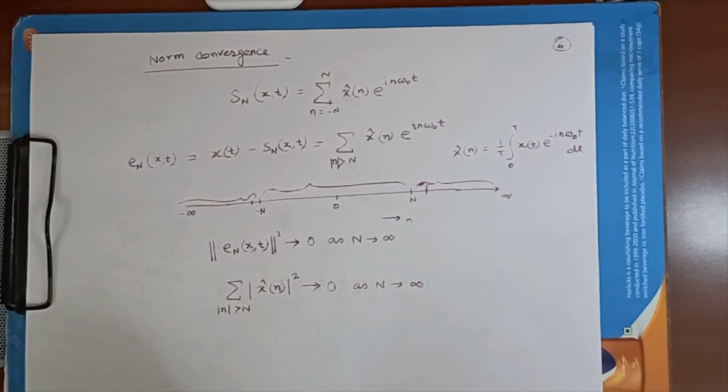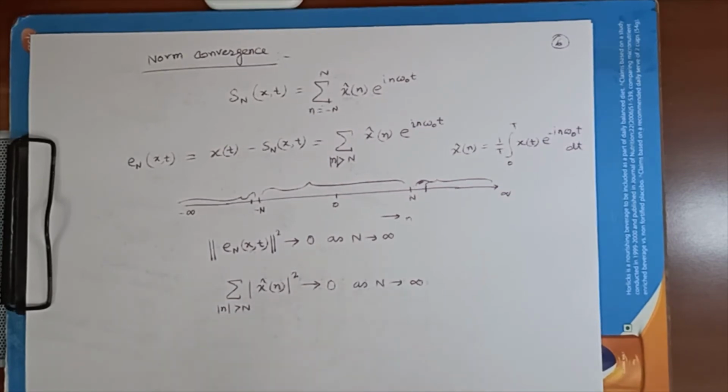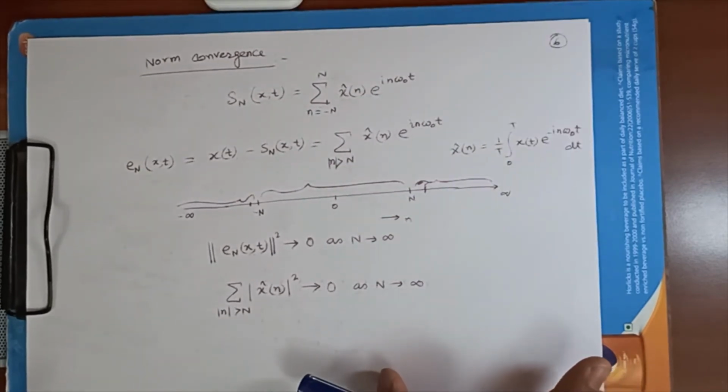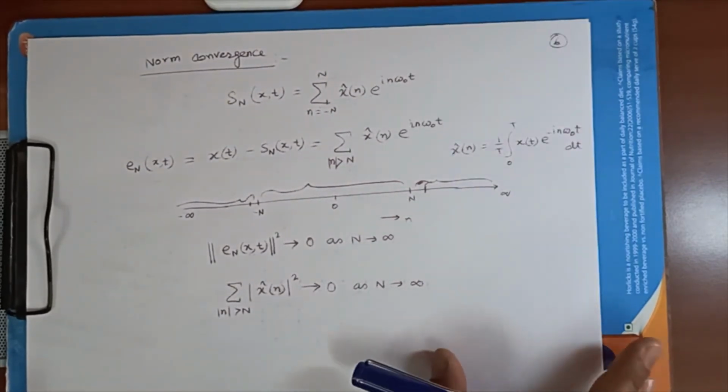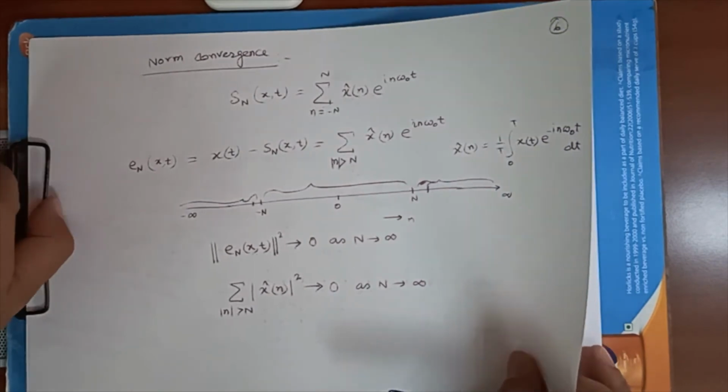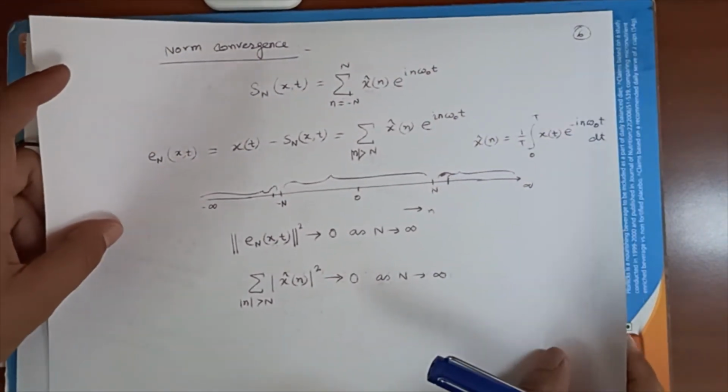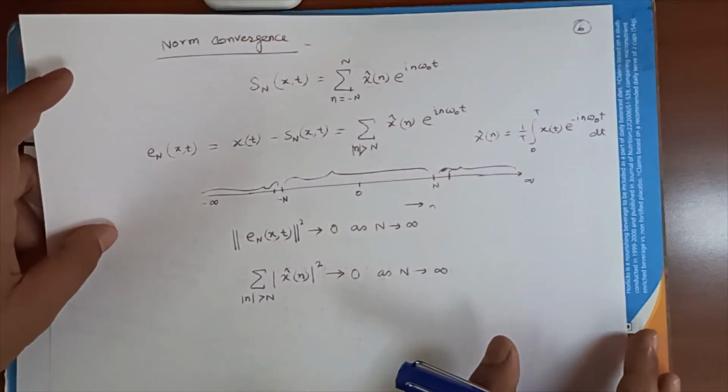We'll talk more about that later, but before that let me talk a little bit about the real Fourier series as well, because in systems we will consider real signals, as voltage or current, many a time. So let me just state that, then I will talk about one example on which I will give you the second tutorial problem. And we will discuss this norm convergence, as well as pointwise convergence, in the tutorial problem.